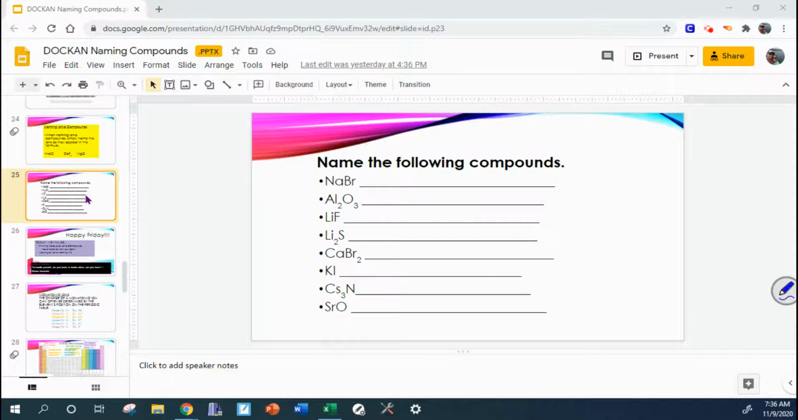This would be sodium bromide, aluminum oxide, lithium fluoride, lithium sulfide, calcium bromide,